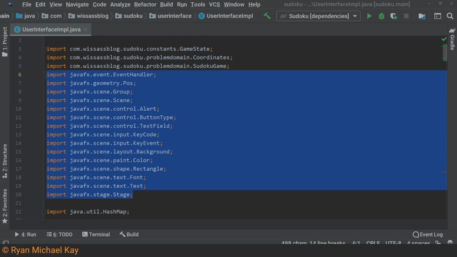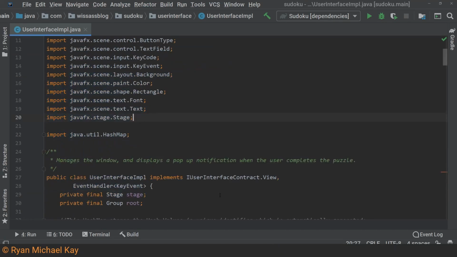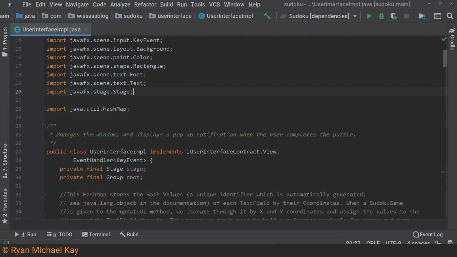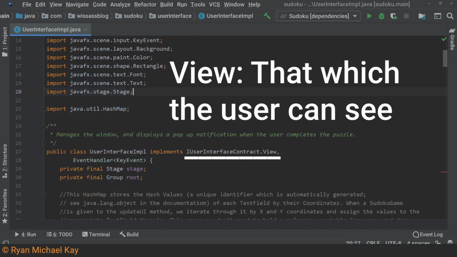In the demo Sudoku app, my user interface impl is tightly coupled to JavaFX. Although a Sudoku game looks visually very simple, we have 81 different text field objects to draw, listen to for inputs, and update appropriately. These problems all have to do with interacting with a user interface, and therefore it makes sense to separate these problems from others, such as generating a new Sudoku puzzle or checking if the current one is complete. The standard name for this kind of user interface class is a view, and thus it conceptually fits into the view layer of a typical architecture style.